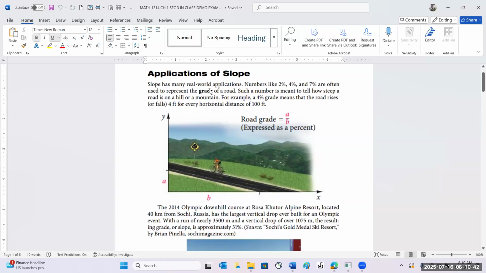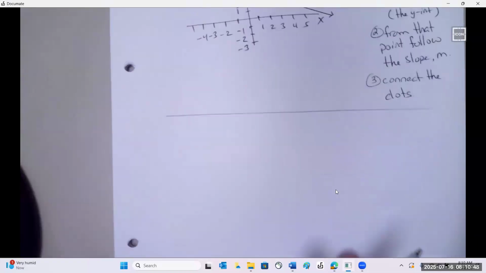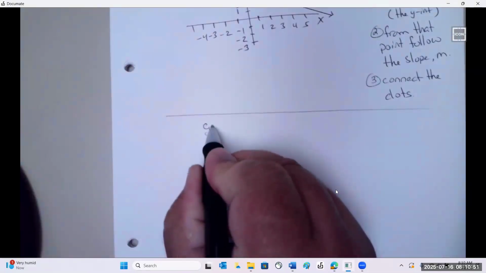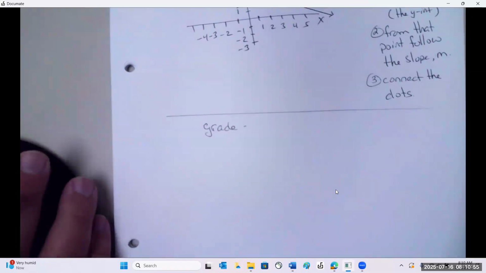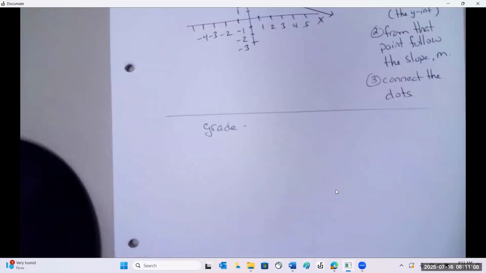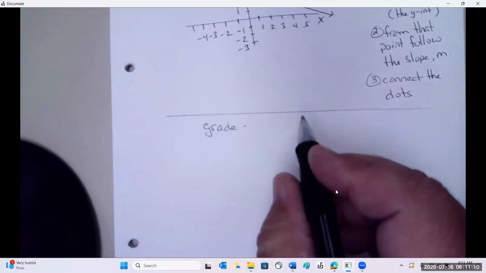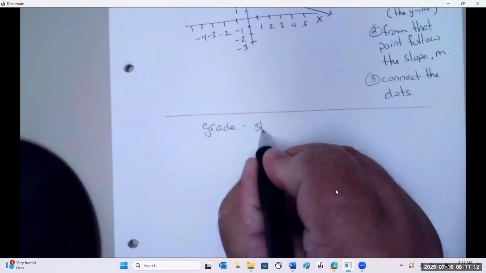In construction processes, when you hear the word grade, how many of you have ever been to Colorado or any state that has a mountain? You always hear of grades. That's the slant of the highway. In other words, how high does it go? How far does it go? A grade is the slant